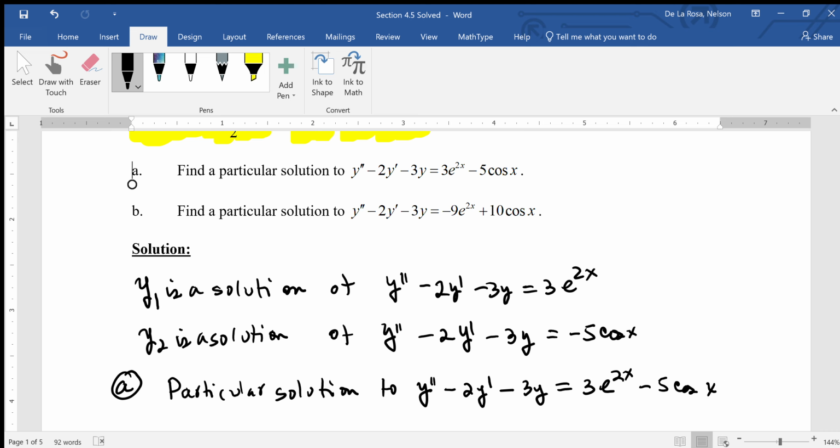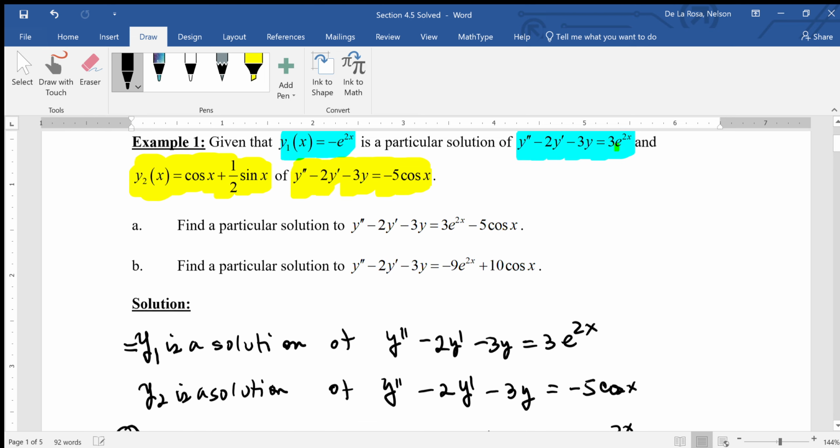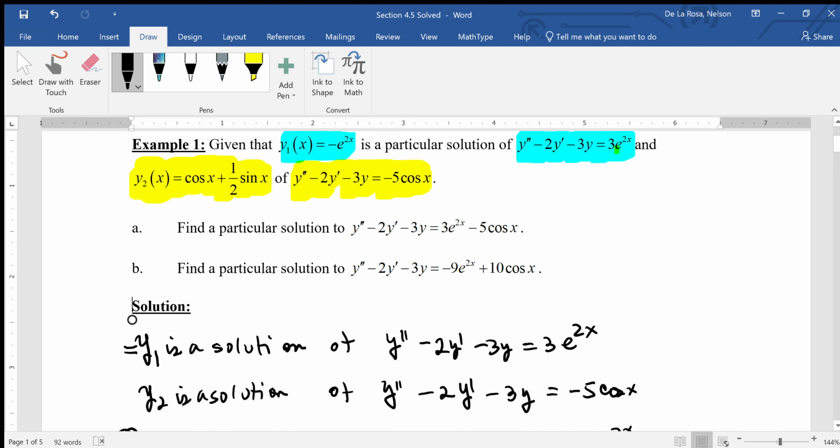Now, notice that y1, as given in the problem, is negative